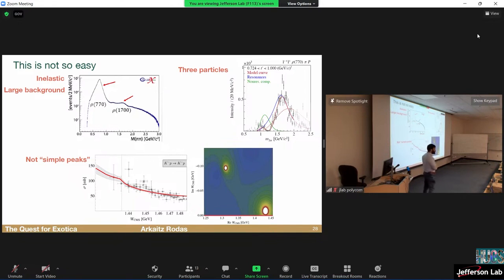And these formulas break. What happens if we do, for example, 3-particle decays? Everything I did was 2 particles to 2 particles, but QCD doesn't prevent us from having 1,000 particles in the phase space. So what happens if I go and look at 3 pions in the final state? Well, we don't really have the formalism, we've just started to apply it. Or what happens if we look at non-trivial structures, like the Lambda(1405), a resonance that is apparently two poles almost together? This is definitely not a Breit-Wigner resonance, right?